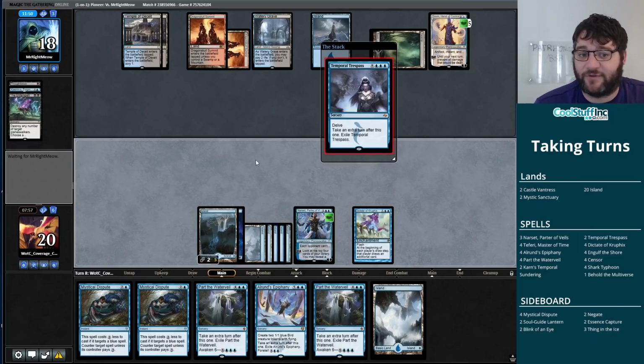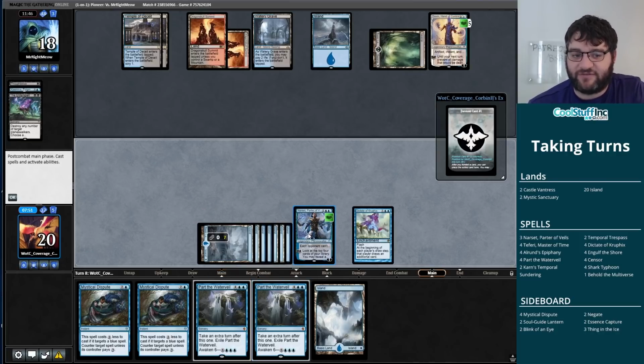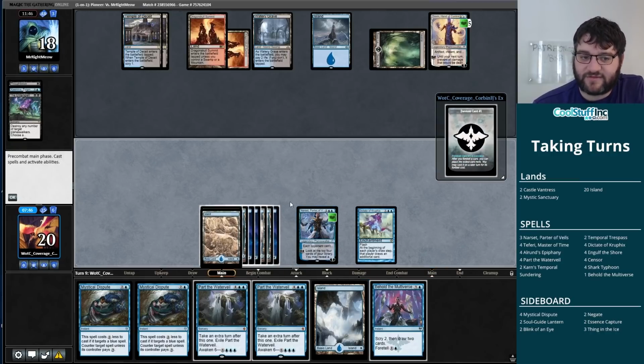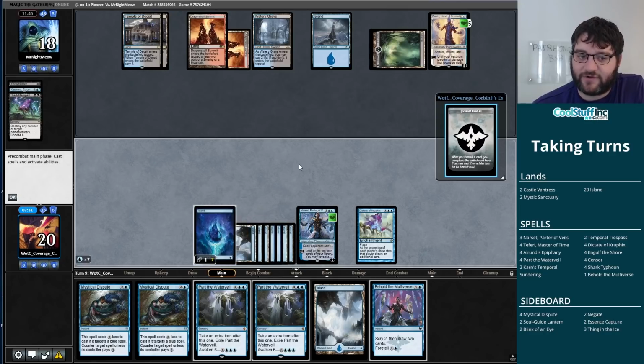Unless their counterspell is a Mystical Dispute, I guess. However, it was not. And that clears the way, because that resolved, for us to foretell the Alrund's Epiphany. And now I think we might just have it, right? Behold the Multiverse. Okay. I'm going to do the same thing, right? I get to play this for 7. Well, this costs 7, doesn't it? I think I'm going to go... This is all just about making land drops, right? So...